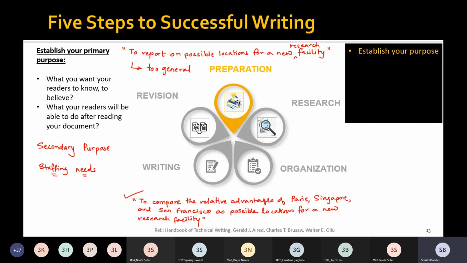So under preparation, the very first task that we need to undertake is properly establishing our purpose. Why are we writing this document, what do our readers actually want out of this document, and what will they be able to do after reading it?